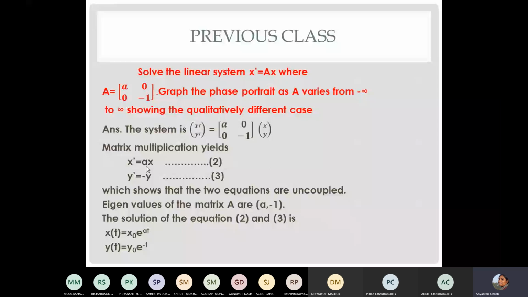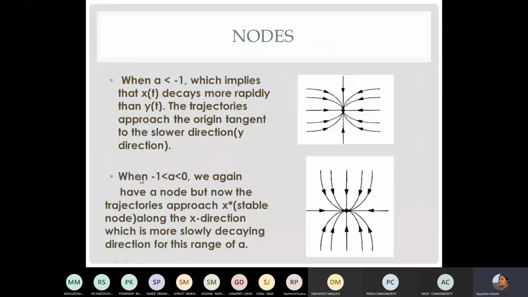So if both of them are negative, that means X is decreasing with time and Y is decreasing with time, and both of them are going to come down to 0 at last, and that makes the origin point here a fixed point, a stable fixed point, and we call it a node. Okay, so that is the first terminology in terms of stability that we are introducing here. Nodes are basically these kind of fixed points where the system evolves and drops down to 0 at last.